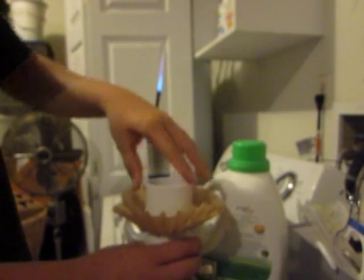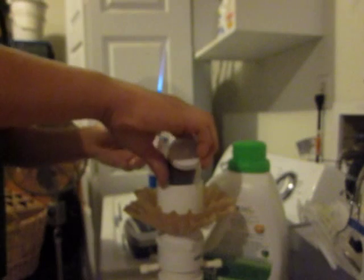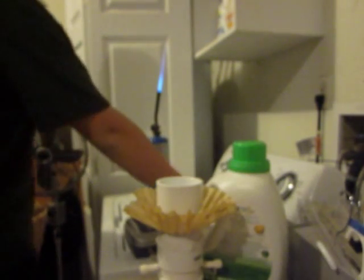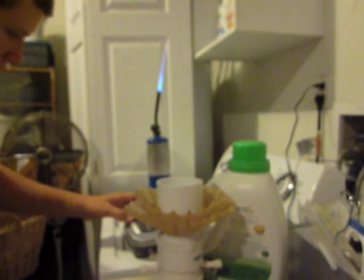Basically your coffee filters go in this, and then they're right here. And you're going to want to take your paint, mix it up a little, and dump it straight into that rig you got going. If you buy one or make one like me, you can find out how to make them on other guys' channels. I'll probably link it to the video. And then you're going to plug it in on low,